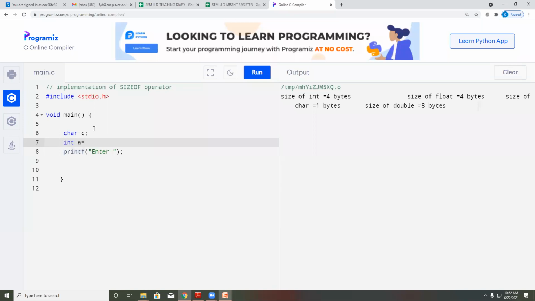Integer a is equal to, let's say, 10, and here I am going to print the value of a. Printf, value of a equal to %d, and value a.